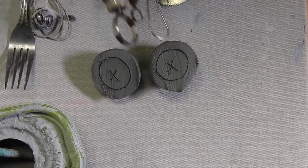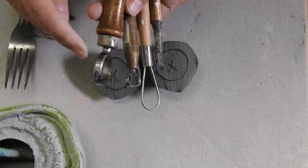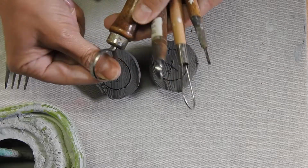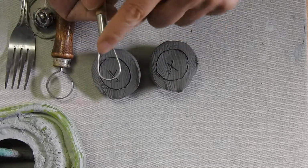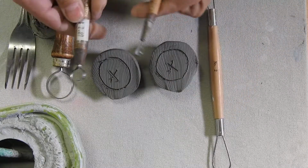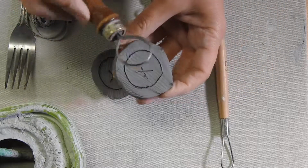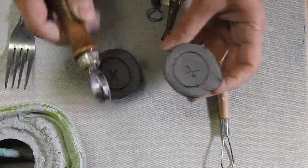There's a variety of different tools that you can use to carve out the inside. These are called ribbon carving tools because these flat areas here are flat like a ribbon. This one is just a wire carving tool because this is a rounded wire. They're different sizes. This is pretty small. So this large one here would be pretty big to use. You could use it. I think I'm going to show you that on one side and I'll show you the